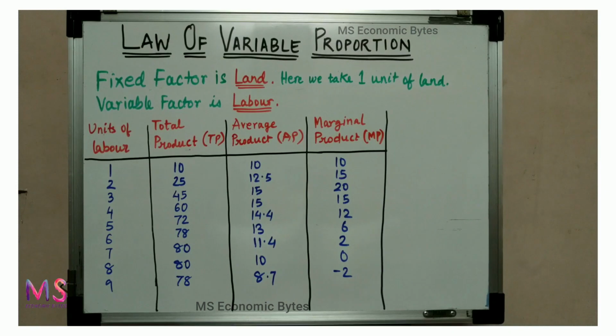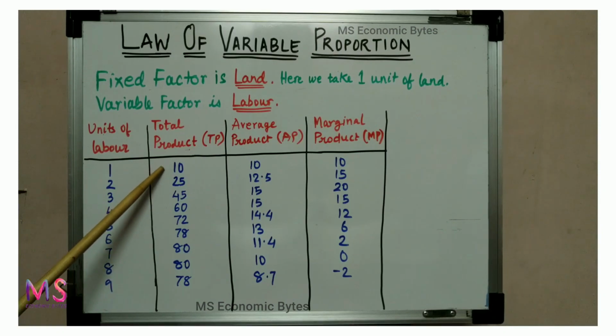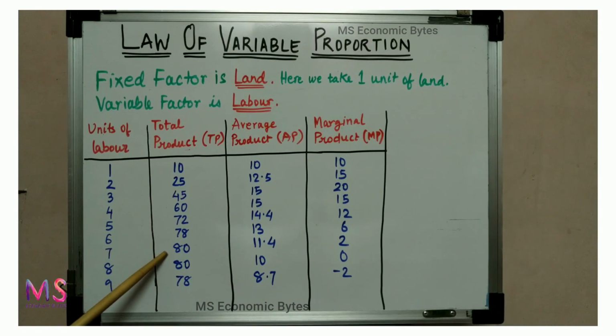Now, with a given fixed quantity of land, which in this case is taken as 1 unit, when labor employed increases from 1 unit to 7 units, total product increases from 10 units to 80 units. The total product reaches its maximum when the 8th unit of labor is employed. That time it is maximum at 80 units. Now an interesting fact over here is when the first 3 units of labor are employed, total product increases at an increasing rate. And from the 4th unit to the 7th unit of labor employed, total product increases at a